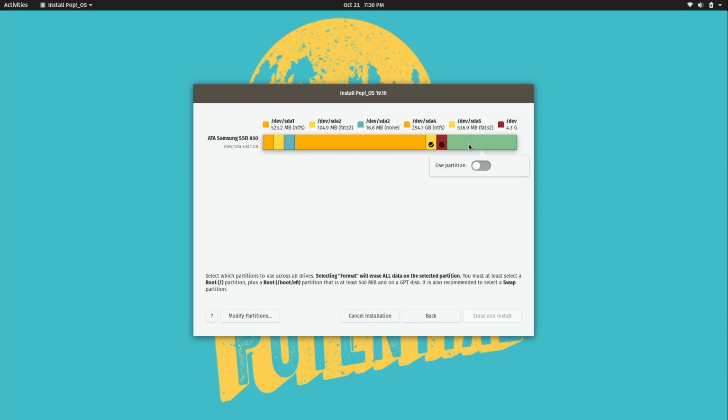Now the last one, we're going to use it. We're going to format it and make sure it says root partition right here. That's what we want. And we're going to leave it as the default of ext4. So now we have a check mark on all 3 of those partitions. So I'll click install